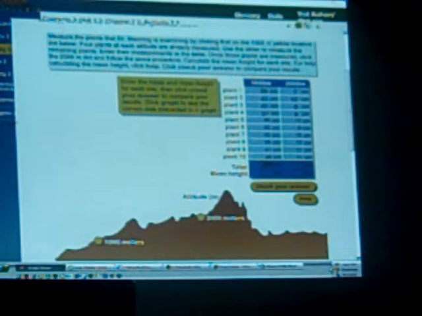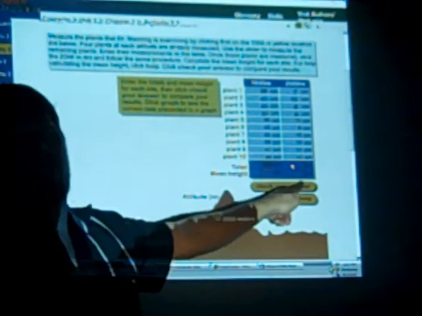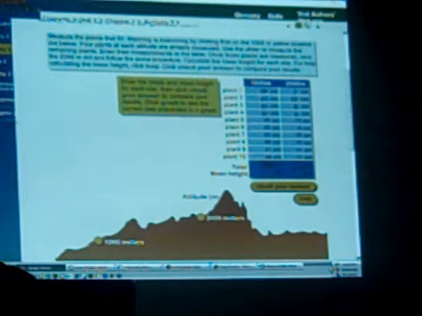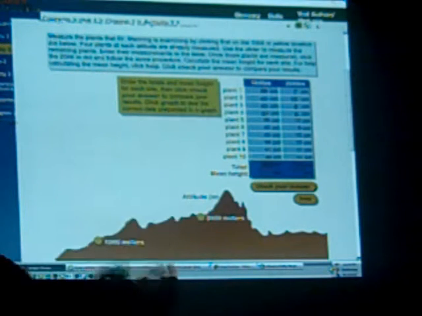Do I add up the 2,000 meter too? No, that's right. Wait, was I supposed to put in the 2,000 meter, like adding the 2,000 meter also? That's the only one you're adding. So no, I just want you to add this column of numbers. I only got 100. You got 100? Okay. 100. And so now we're going to do the mean height, because the reason, how come